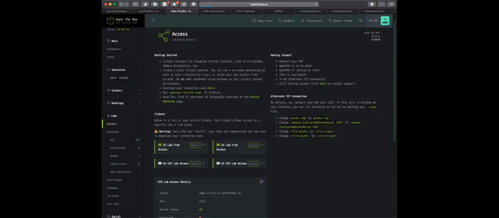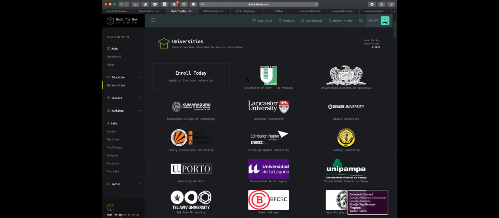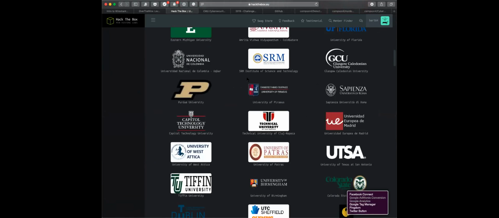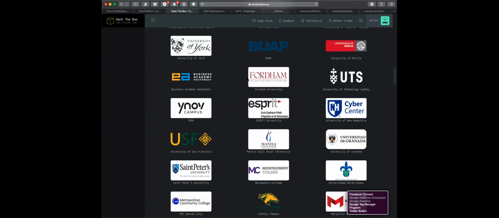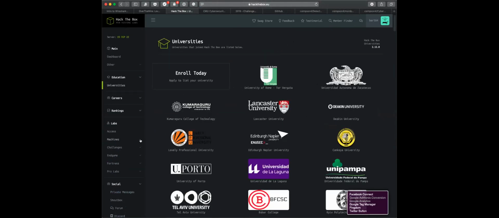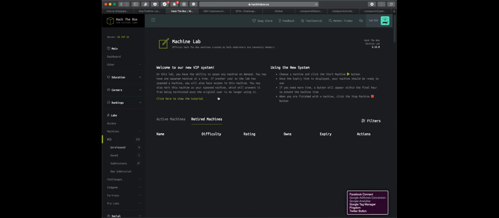Let me see. Yeah. So let me click the universities here. So yeah, you can see several universities are signed up for it. A lot of EU and Asian based, but there's several U.S. universities on here too. And so the way they work here is they've got host over here. If you do the pay, you get access to the retired machines. But what's nice is